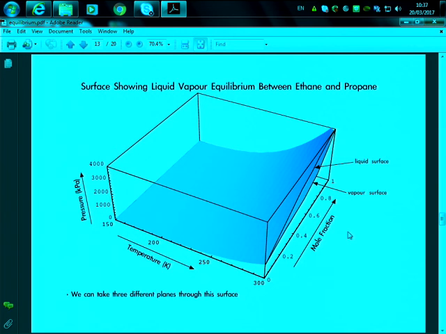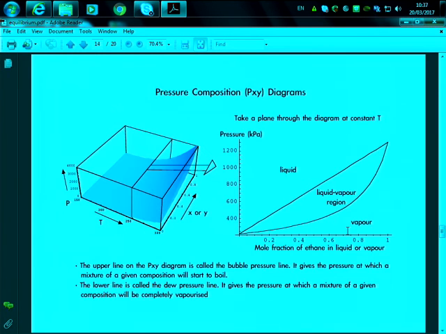So here, these two lines that you can see here are basically the lines that we saw before. If you take a slice of each one of those, you basically generate the curve that we saw, the liquid vapor region curve. Okay? So if we take a slice of these curves here,